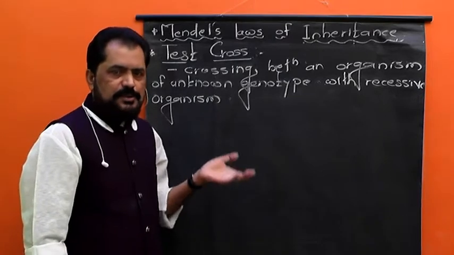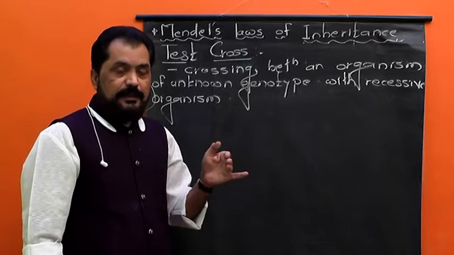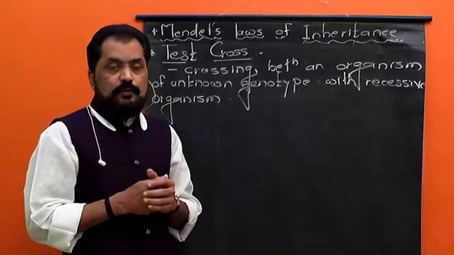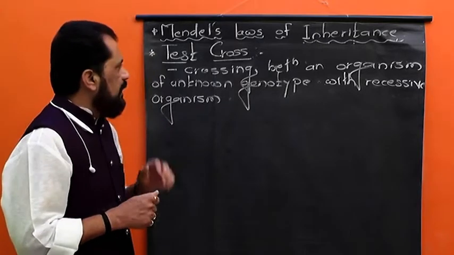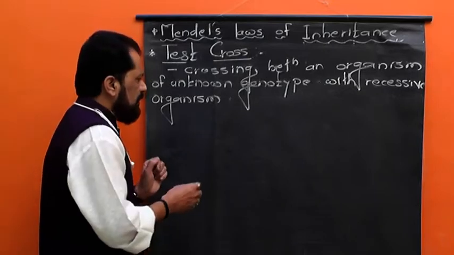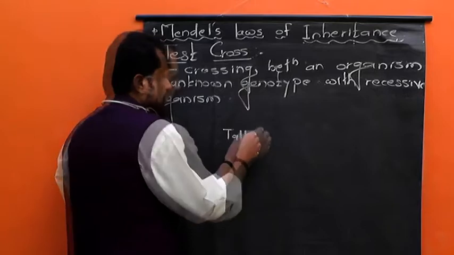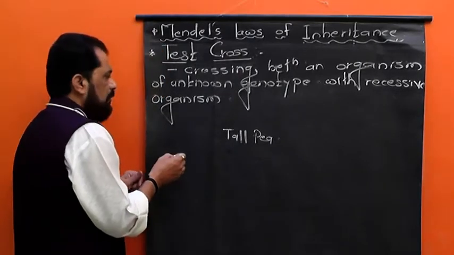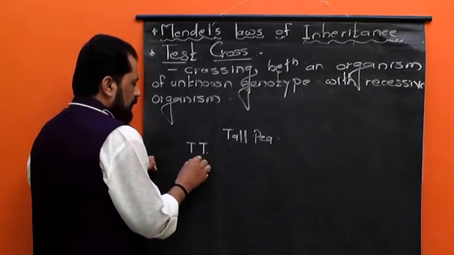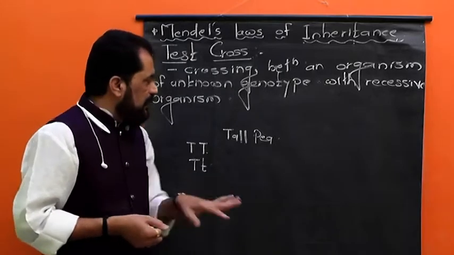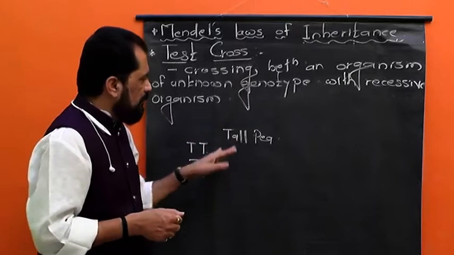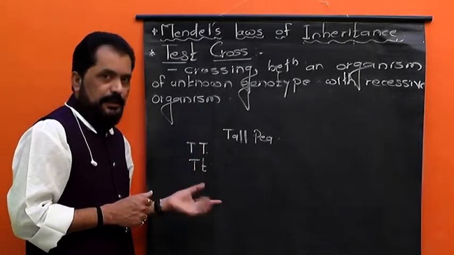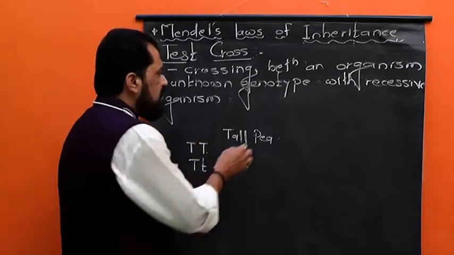Of course, this method of test cross was devised by Mendel and is still in use, and it is used by different plant breeders and animal breeders also. Anyway, let me explain by giving a suitable example. Suppose we have a tall pea plant, but we don't know its genotype, because the genotype of this tall pea plant may be either capital TT or capital T small t. Phenotypically that plant is tall, externally it is tall, but we don't know whether that tall pea plant is homozygous tall or heterozygous tall. Is that clear? Now to know its genotype,